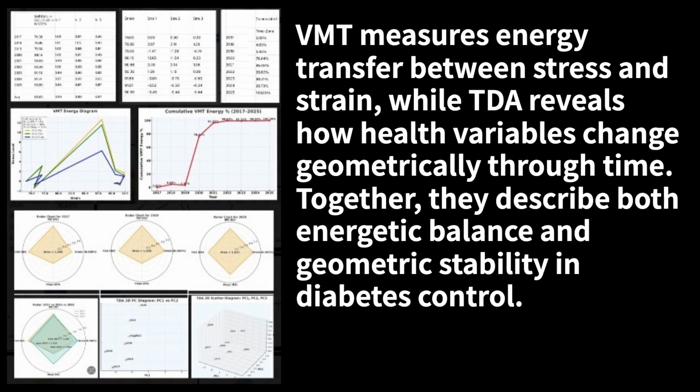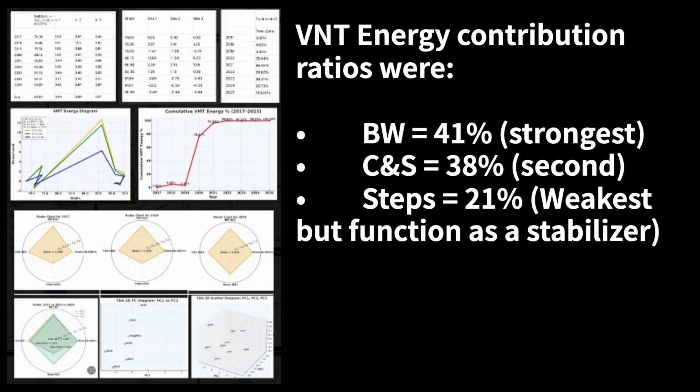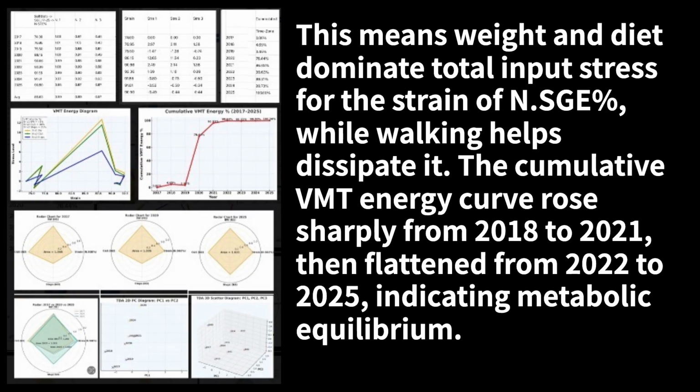In diabetes control, VMT analysis. In the VMT framework, normal glucose energy, N.SGE %, is the strain, while BW, C&S, and steps act as 3 input stressors. VMT energy contribution ratios were: BW is 41%, strongest; C&S is 38%, second; steps is 21%, weakest but functions as a stabilizer. This means weight and diet dominate total input stress for the strain of N.SGE %, while